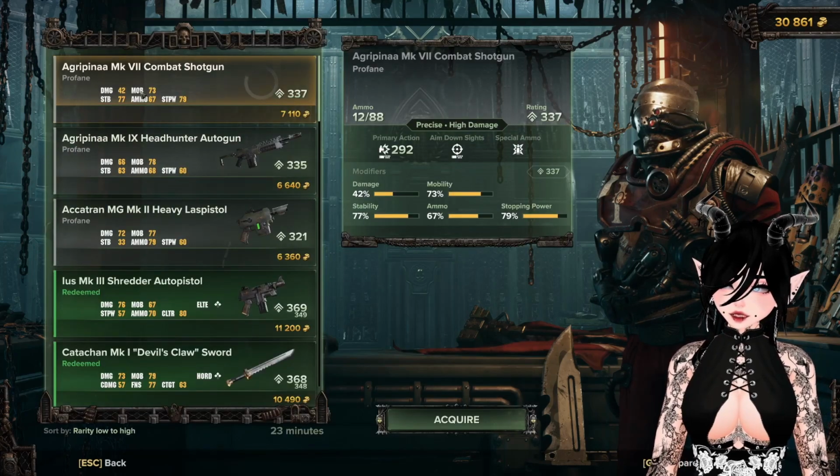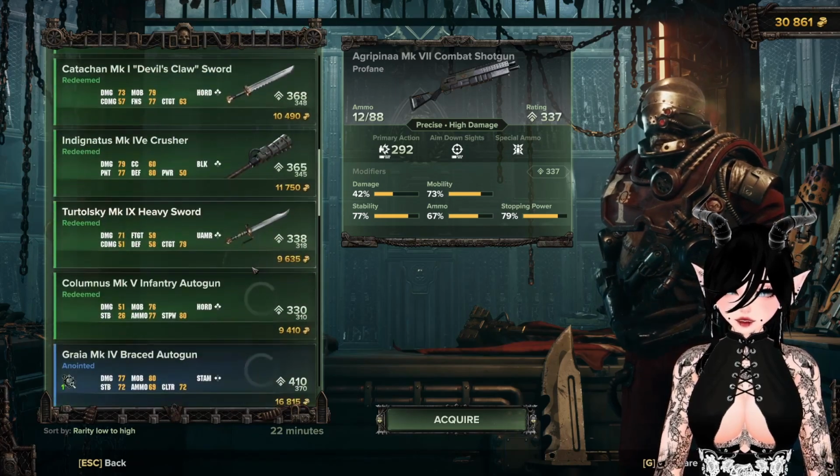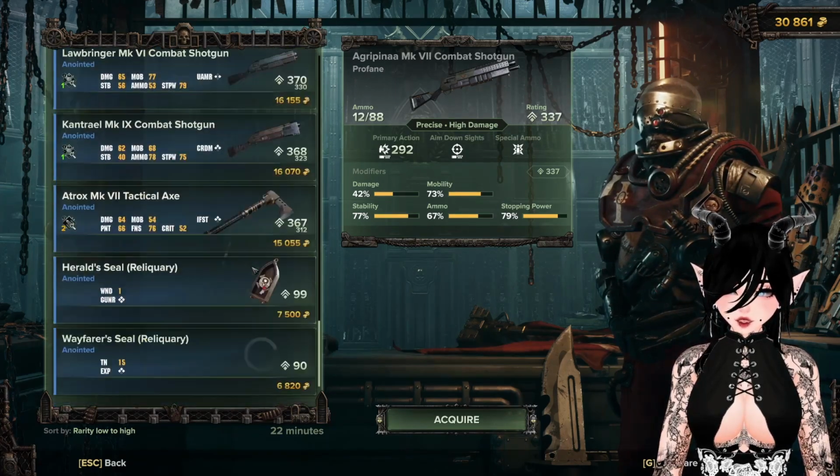And if we go in here, we can see that so is our card mod working. We can see all the stats and all of our weapons. Can I get a sword? No, of course not. Okay.